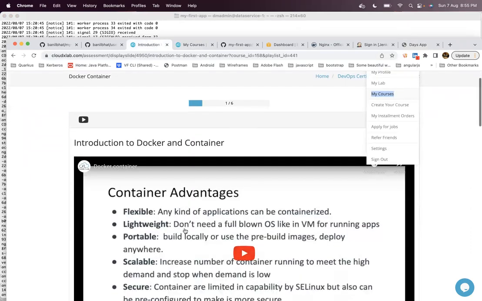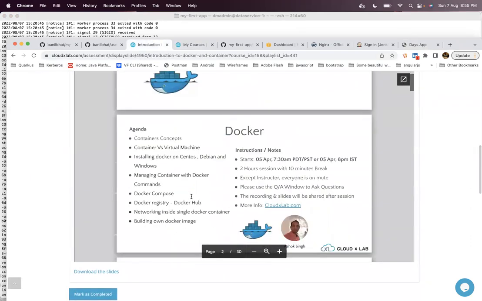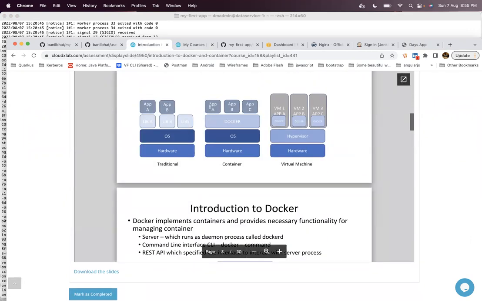Let me go to the slide again. In this example, your operating system itself is an external machine to the containers. The containers app A, app B, app C are running differently on different ports. In the local machine, they are mapped to different ports: 8080, 8081, 8082. So you can access these applications by the specific port.